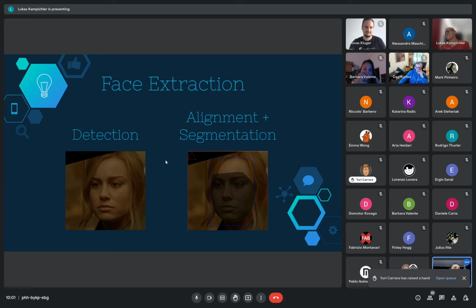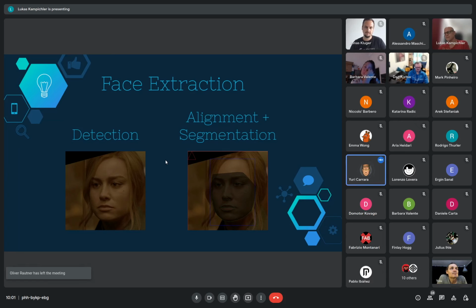Yuri? Yes, question from my side. Is there any way to get some technical passes from whatever has been analyzed, like a local position pass, some UVs, some vectors, anything? Not from the software that we are using, not from DeepFace Lab. I think there are some developments going on at the moment. I'm not quite sure, but I think I've read something about getting out a 3D model even. But as we have it now, no, there are no technical passes, unfortunately.